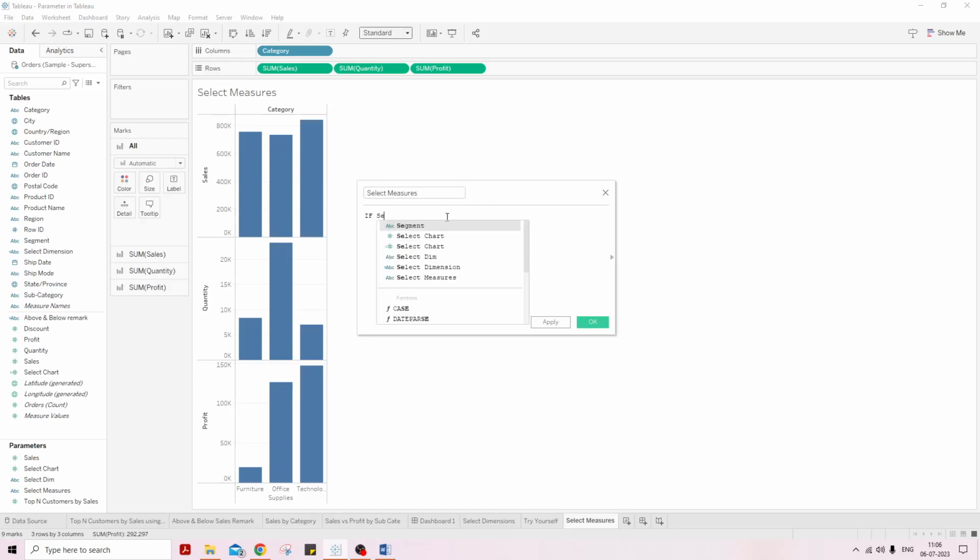I say if select measures equal to sales then sum of sales, else if select measures equal to QTY then sum of quantity, else we can say simply give me sum of